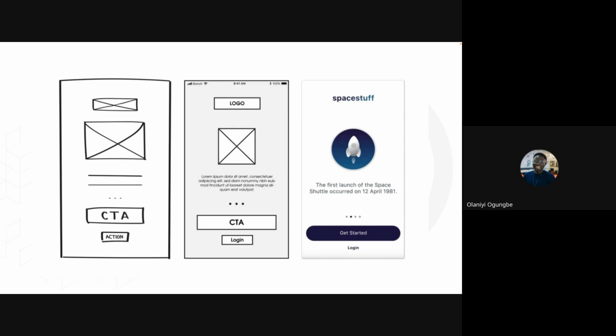Okay, Victor said, is the page transition or animation determined before wireframing or after? So page transitions and animation, before you do that, you have to work on something called a user flow, which I'm also going to talk about. A user flow is more or less like you saying when the user clicks on this, what should happen? Say, for example, when you click on the home button, what should happen? Should it take the person to home? Should it take the person to about us? Should it take the person to this, to that? That is the user flow.